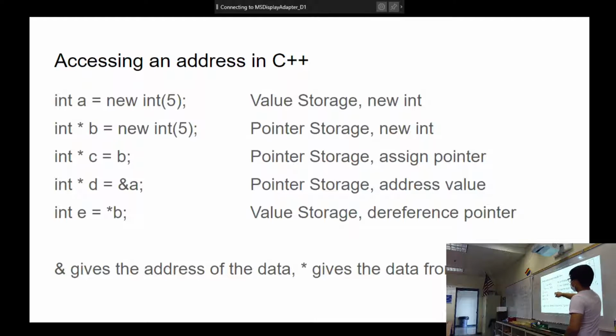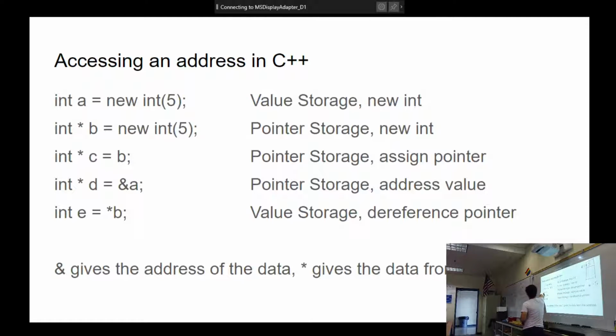Now, B is a pointer, where we've created this little asterisk in the middle, right? There's a little star in the middle. And that indicates that, hey, this is an integer pointer. Similar to how we say this is an integer array, we've created a new data type of a pointer, where, hey, this is a pointer, it points to an integer.